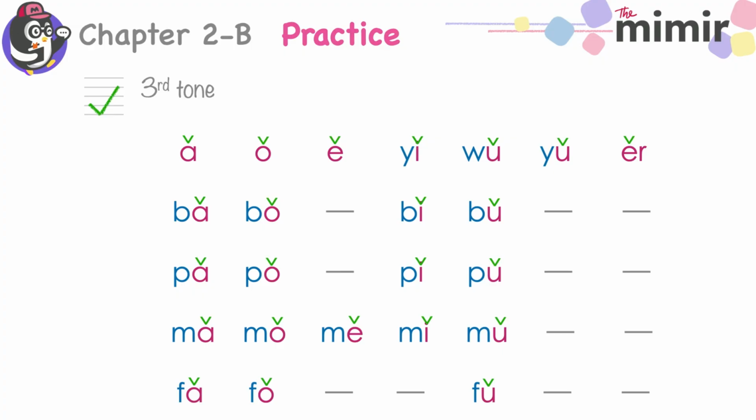Third tone. A, ba, pa, ma, fa, o, bo, po, mo, fo, m, I, B, P, 米五补谱母辅与耳